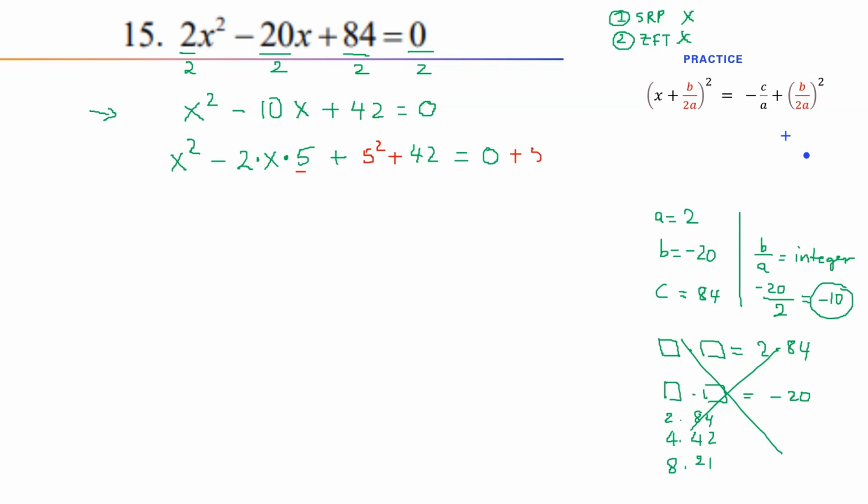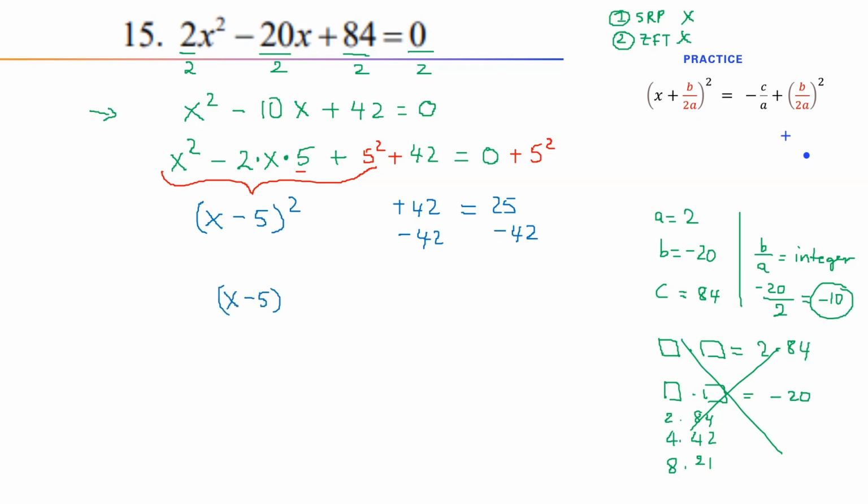We add 5 squared to both sides. So we can complete the square for this one. x minus 5 squared and 42 equal 25. Now subtract both sides by 42. We have x minus 5 squared